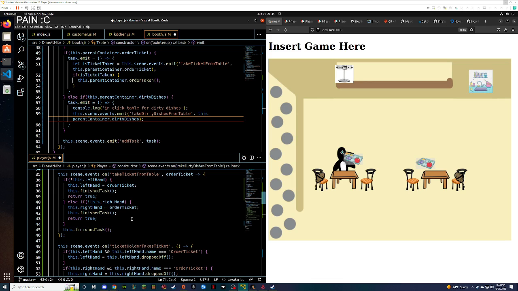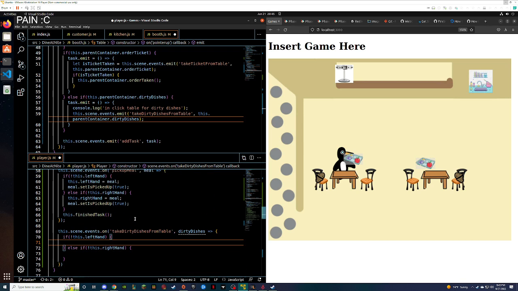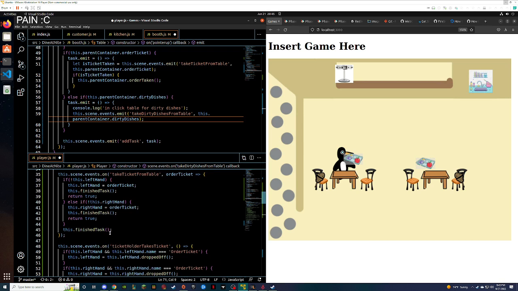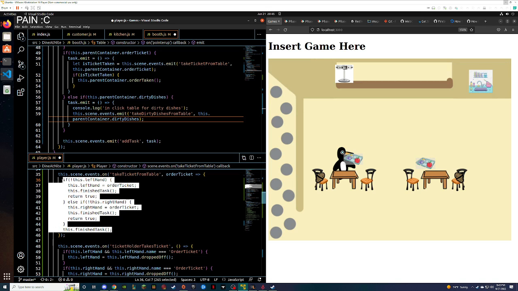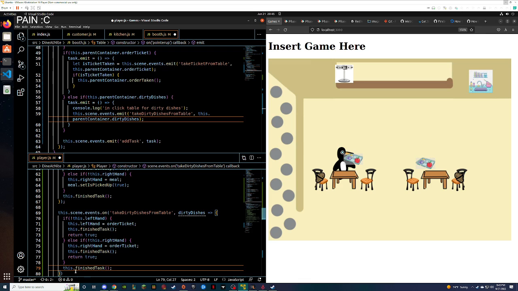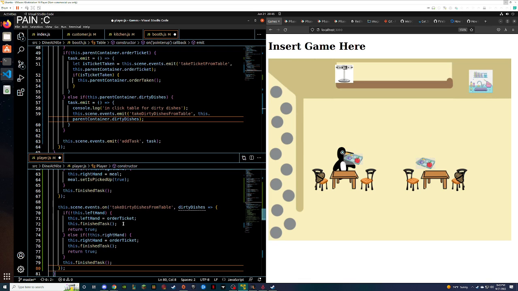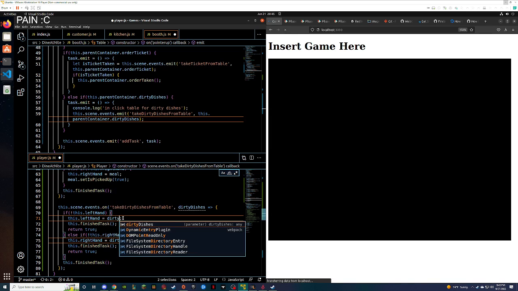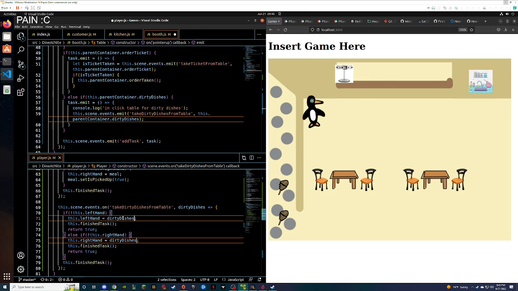Arguably, these could probably be the same function, but for right now, we're going to keep them separate. I am just going to copy and paste this, except instead of ordered ticket, it's going to be dirty dishes.